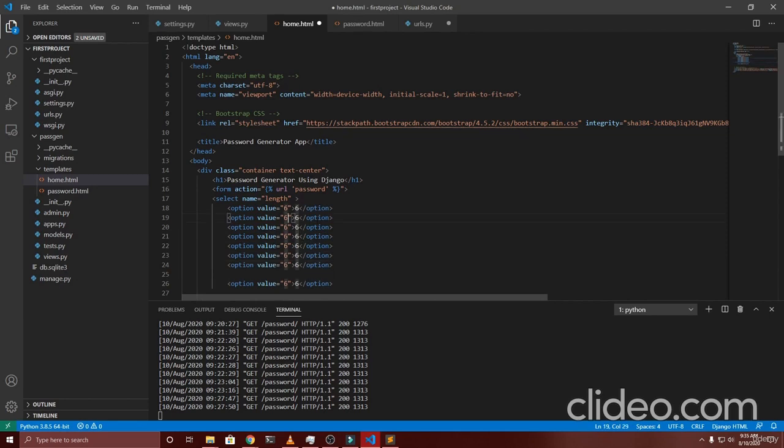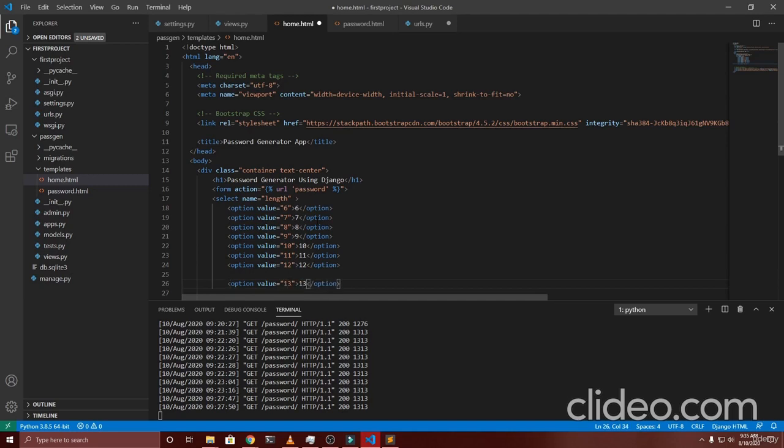And now what we're going to be doing is just changing the values inside it. So it will be 7 for the second one, 8 for the third one, and so on. So you can add up to 20 or 30 values inside this drop down menu. It will take the values from the value variable inside it. Just keep in mind you write everything correctly inside this template, otherwise it will create errors or give you inappropriate output. Okay, so we are going to be adding 12 and 13,